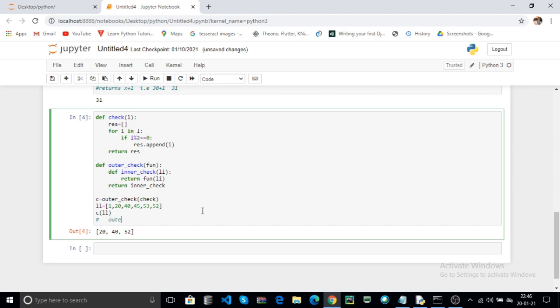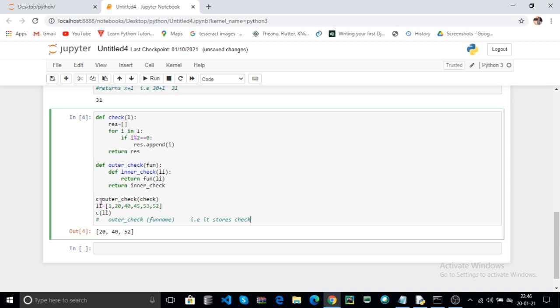Here the outer function, like outer check, stores one argument, that is the function name. Here check I pass through the parameter.